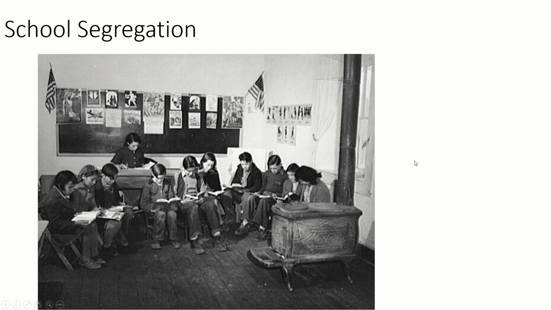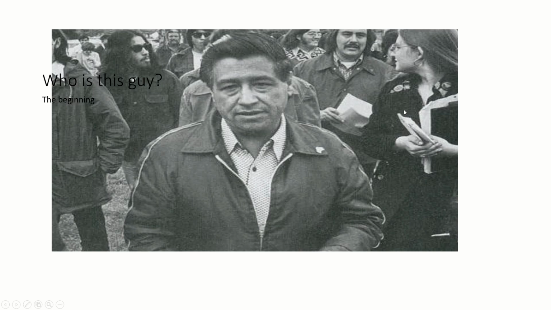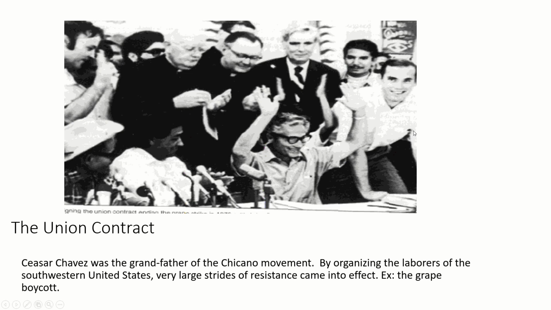Mexican American children were also put in inferior segregated schools, oftentimes with worse facilities. And so what that led to was a lot of people believing that it was time for this group of people to stand up and take their place in America. And so Cesar Chavez begins organizing some of the migrant labor and the people working in the fields. And so ultimately the Chicano movement, as far as the labor element goes, is going to be very, very successful.